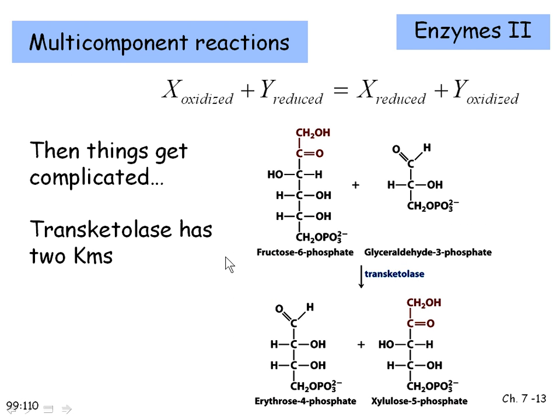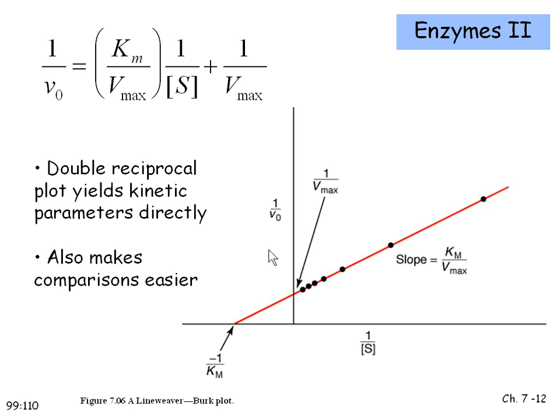Let's just refresh this one more time too. Using a hyperbolic curve is at best an approximate method, although now we have computer simulations that allow for better interpolation and extrapolation and so forth. But a powerful method that was used for a long time is a way of turning a curved line into a straight one. And I'm not going to repeat the derivation, but when you compare the reciprocal of velocity to the reciprocal of the substrate, now enzyme activity becomes a straight line,